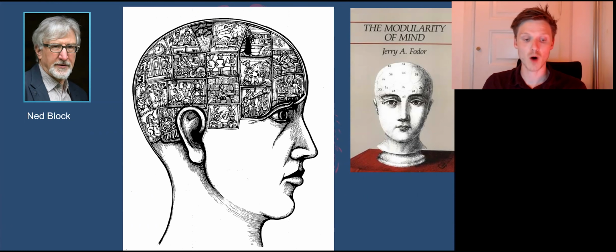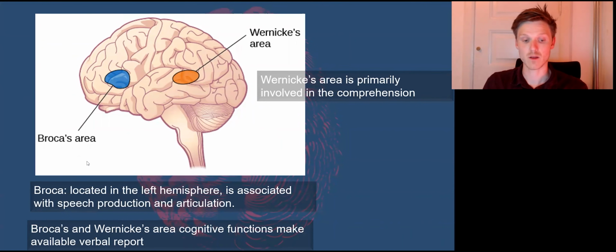And the concept of modules are also called domains, like visual perception is a domain, language is a domain, and so on. You can slice up the mind into these different modules and link it to neural structures. For example, there is the notion that there are modules related to language, like Broca's area or Wernicke's area. Broca's is involved in speech production and Wernicke's in comprehension.